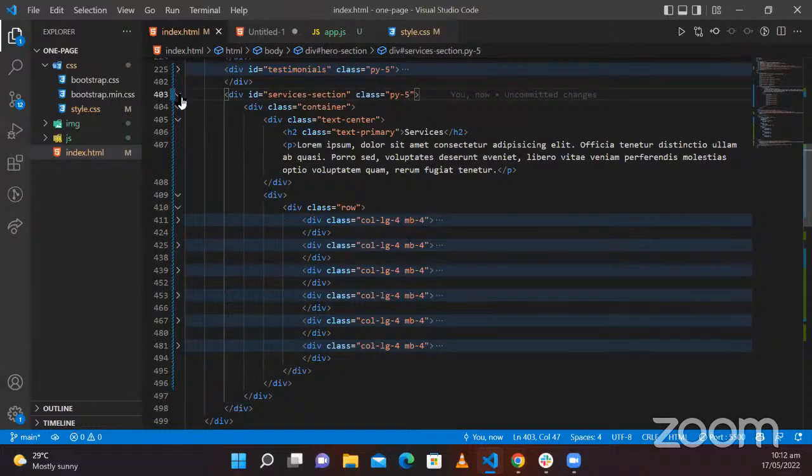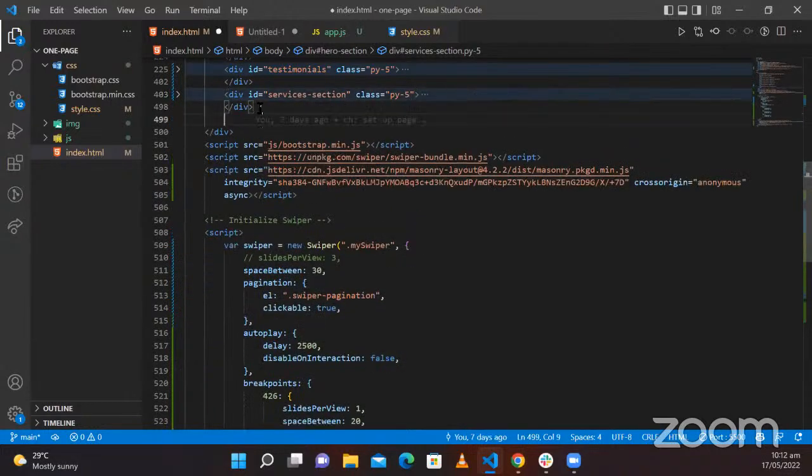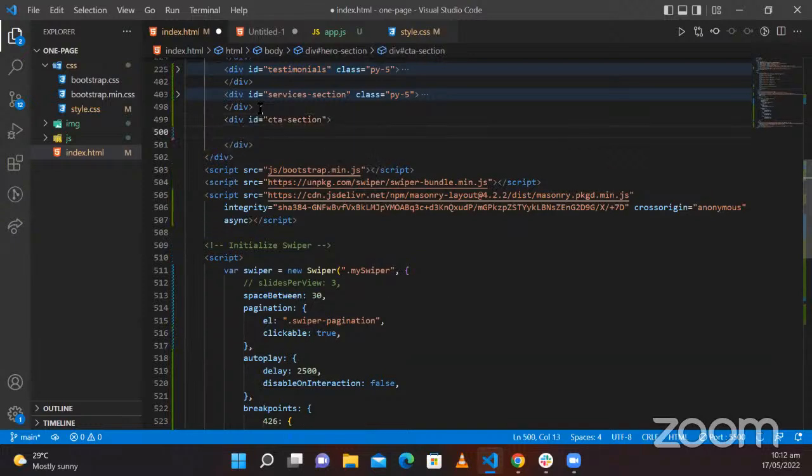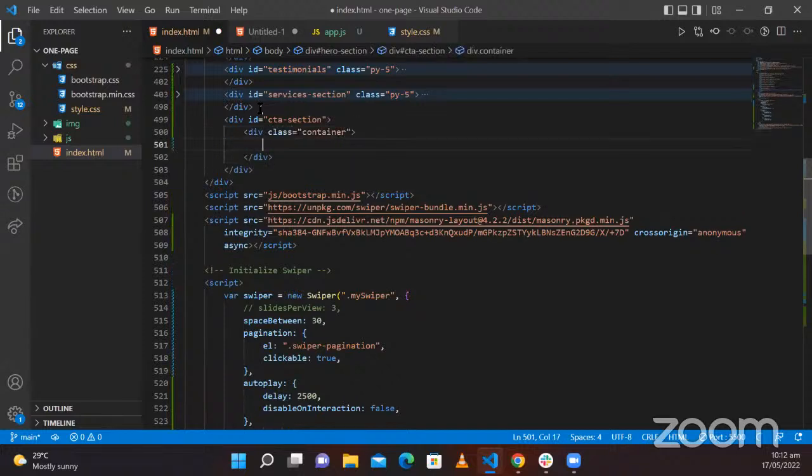This is the CTA section. Inside here now we have the container too. Inside the container,